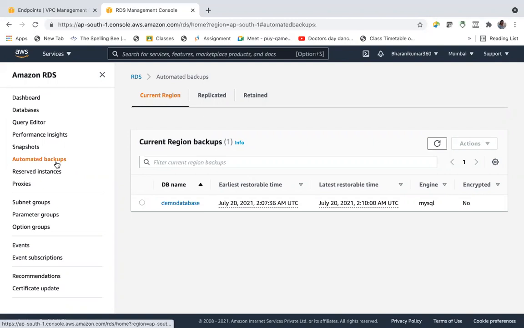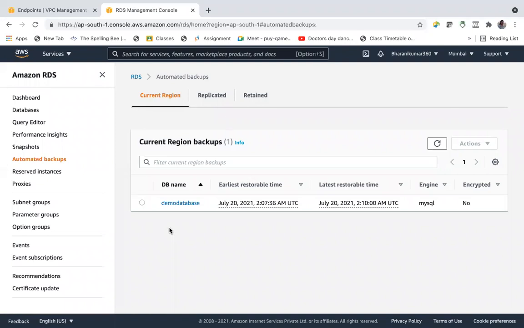But the backup will happen at 11:30. I have the previous day backup anyway. So if I look into this automated backups console, tomorrow one more backup will be there.